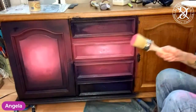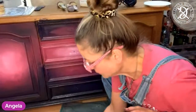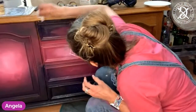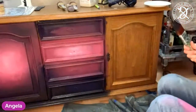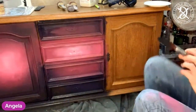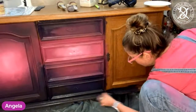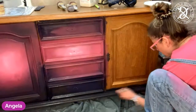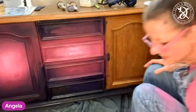Okay, I'm going to leave it like that. This is basically the glowy look we are going for. As I said, it's the first coat, so obviously I don't want to stress that piece too much. I want to see where it goes. Now I've got to do the last door, and I pretty much managed to keep the drop cloths down there, so there's not too much paint on the floor afterwards. I think this is going to go beautifully with this transfer at the end. Probably on the sides we're going to do some stenciling. I haven't decided yet if I'm going to do some raised stenciling or some